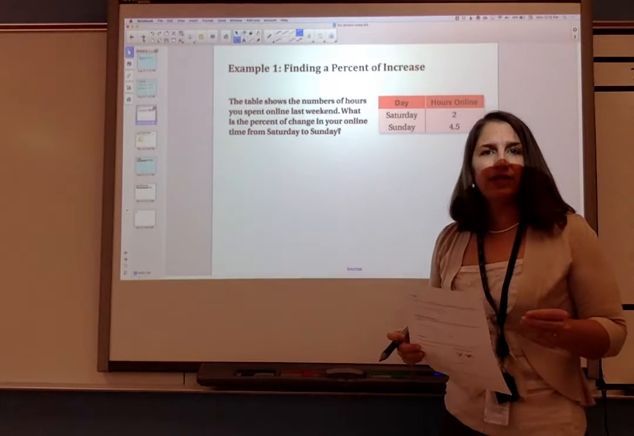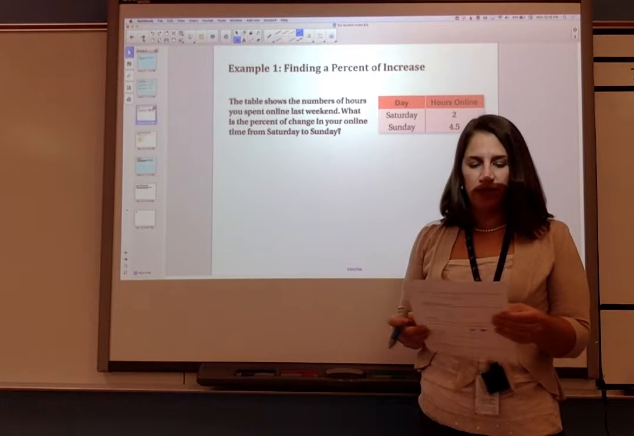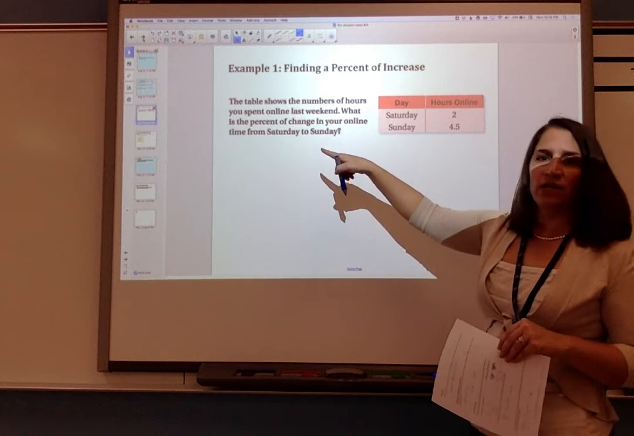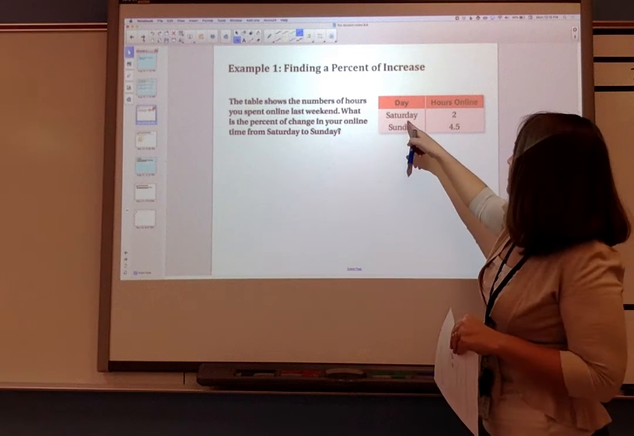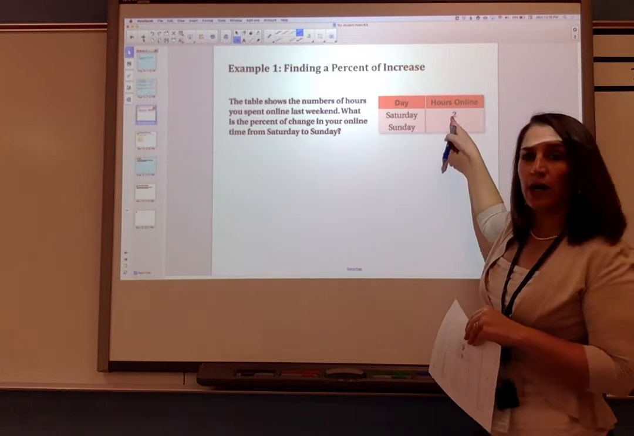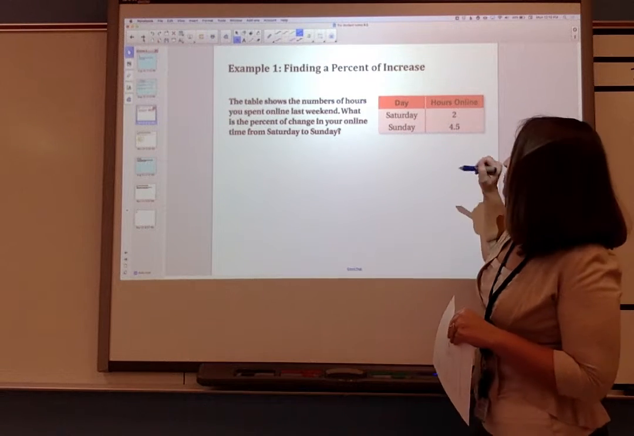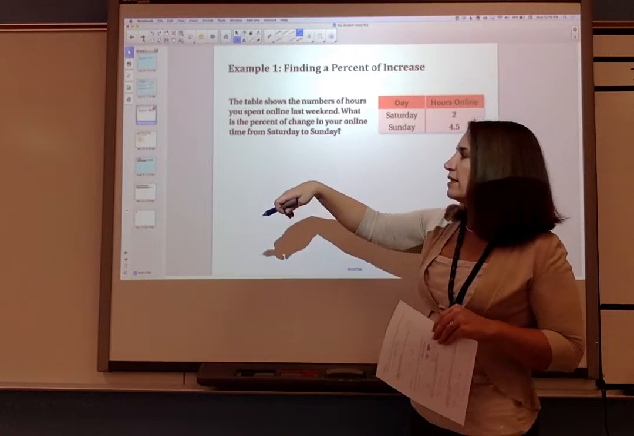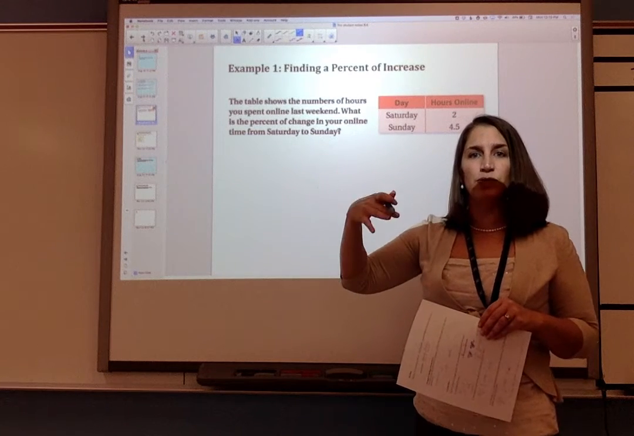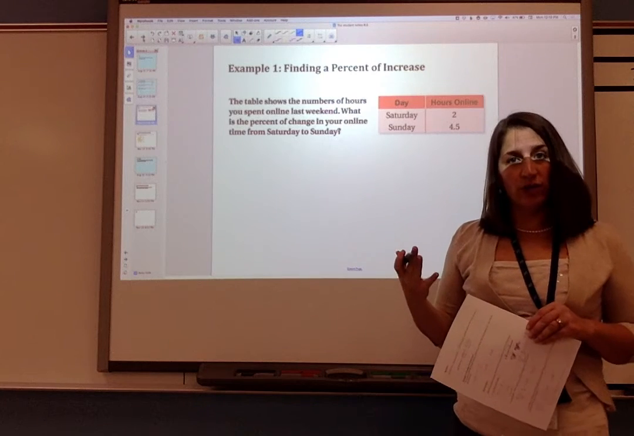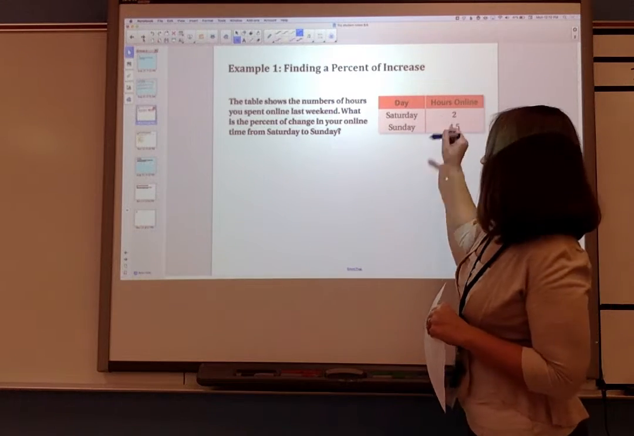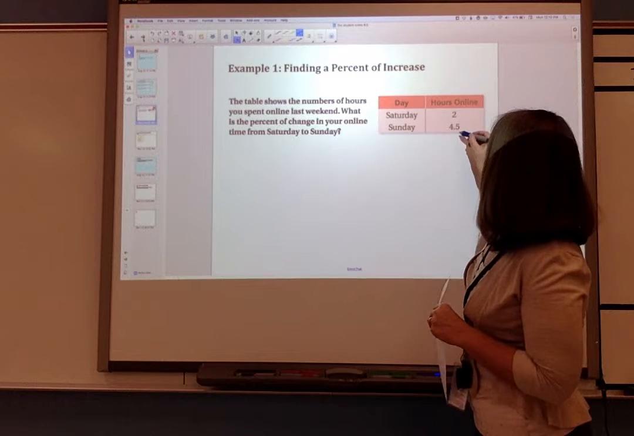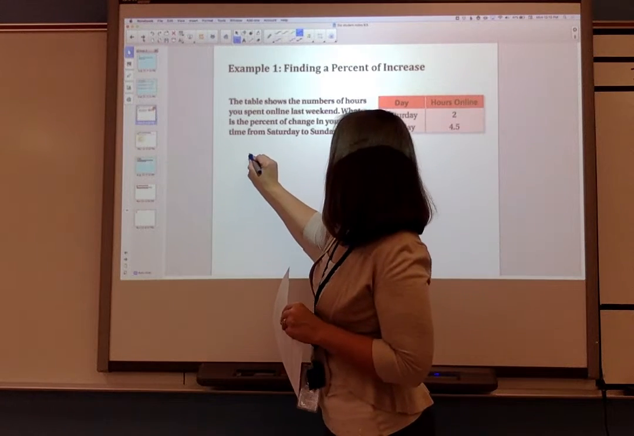So let's look at our first example where we're finding a percent of increase. The table shows the number of hours you spent online last weekend. It looks like on Saturday you spent 2 hours, and then on Sunday you spent 4.5 hours. What was the percent of change in your online time from Saturday to Sunday? So that means our original amount is Saturday's amount, which is 2 hours. So our percent change would be 4.5 minus 2